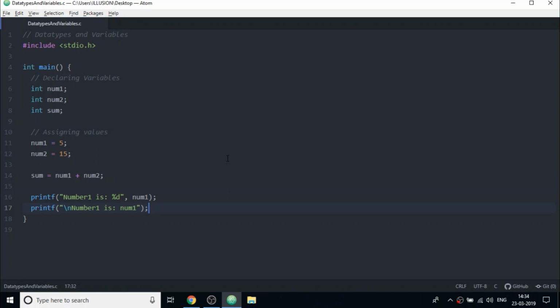So for replacing the value stored in the variable, we write something known as a format specifier. So just like the escape sequences, which begin with the backslash, the format specifier begins with a percentage within the string. So whenever the compiler will encounter a percentage in the string, it will combine its immediate next character to form a special meaning.